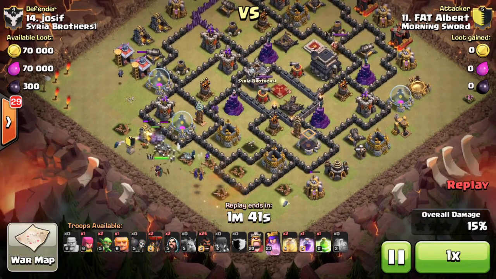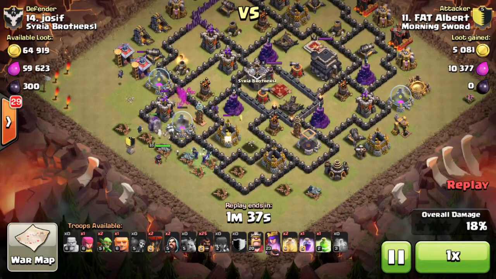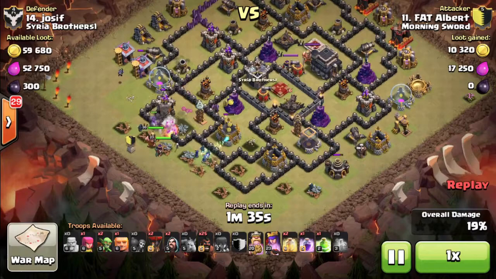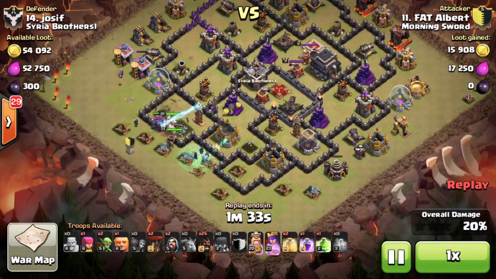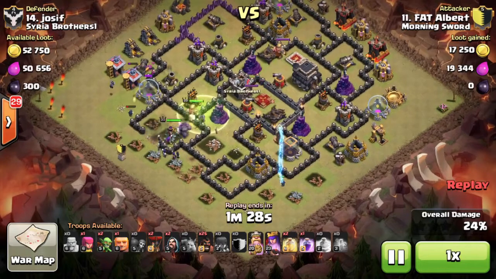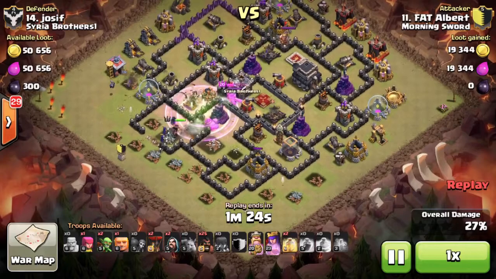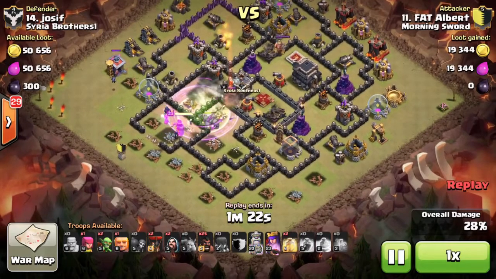He's going to punch through that first layer of walls with wall breakers, and he's going to use a jump spell to access the Archer Queen and try to potentially trigger bombs on the way. And as this is done, the troops, everything goes in the right direction. He only uses one golem, but with the push of that rage spell, he accesses the Archer Queen that was